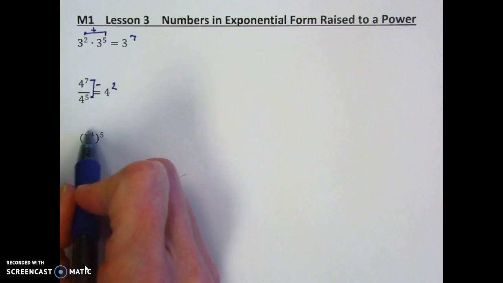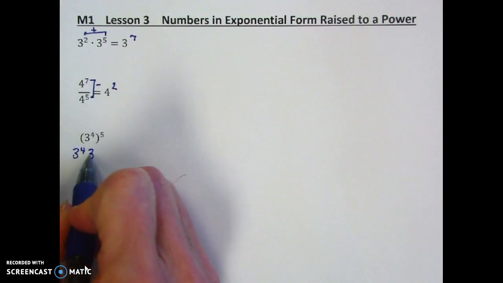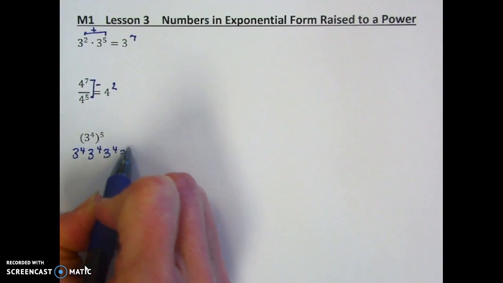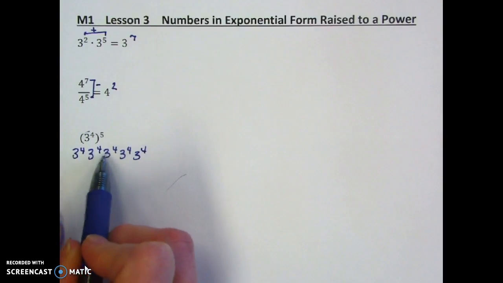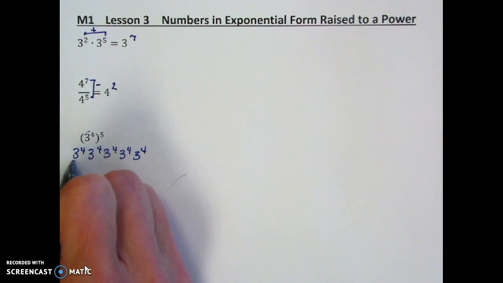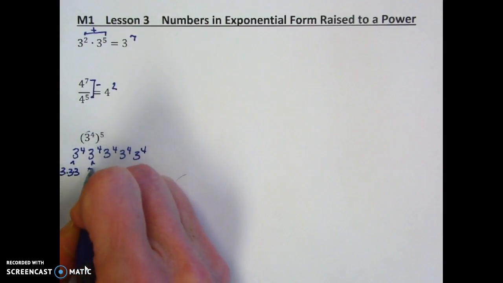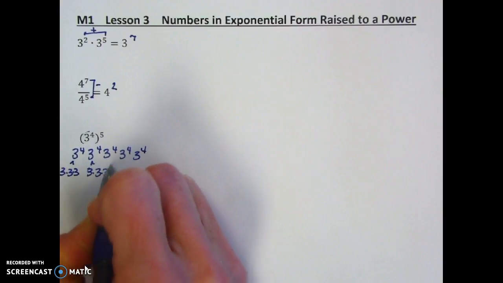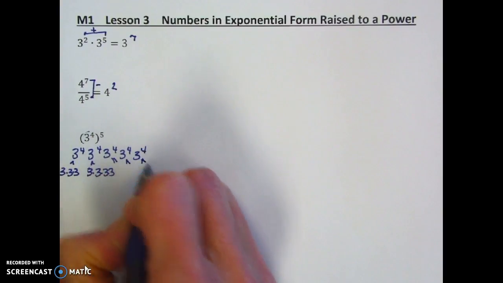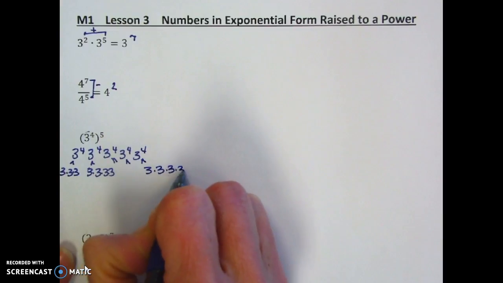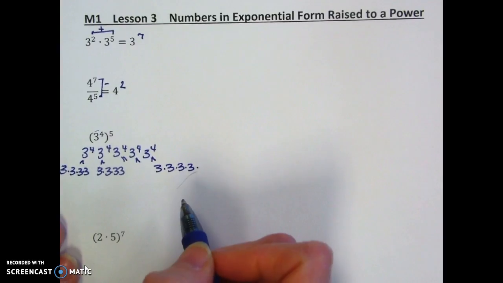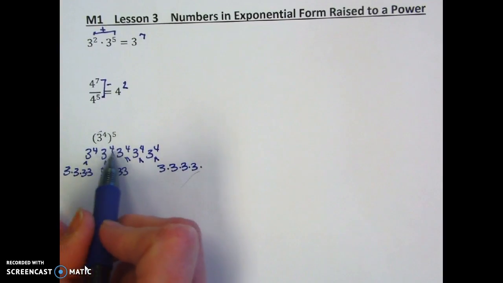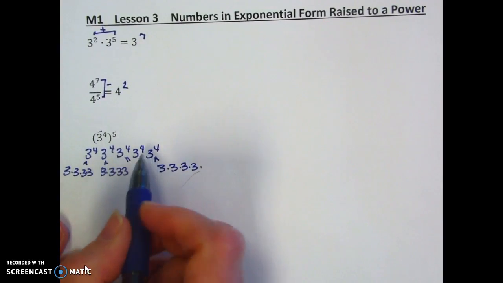So this means I have 3 to the 4th 5 times. Okay, I have 5 of these. So 1, 2, 3, 4, 5. Each one of these means I have 4 3s. So I'm not going to write them all out, but you get the idea. I have 4 3s in each one of these. So how many 3s would that be total? Well, 4 and 4 and 4 and 4 and 4 would be a total